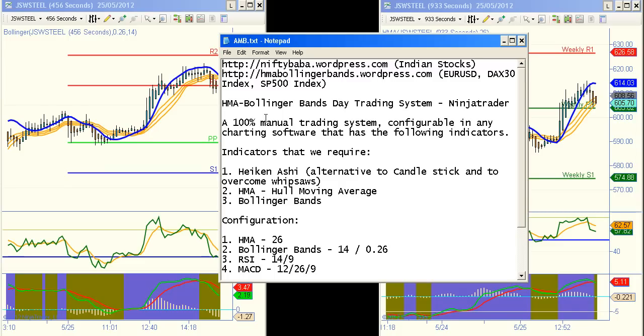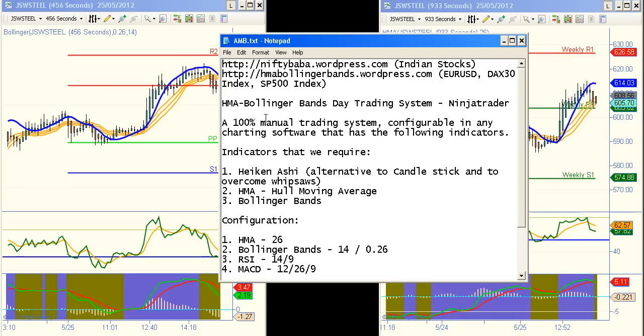The procedure is same, the indicators are same. The indicators that we require are: number 1, Heikin-Ashi; number 2, Hull moving average HMA; number 3, Bollinger Bands.